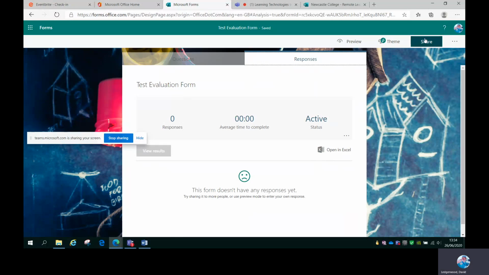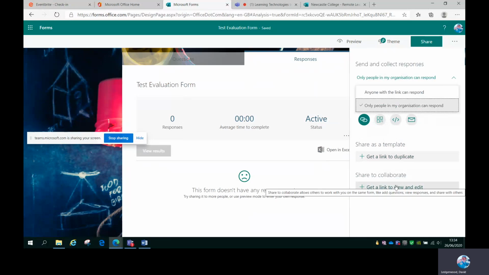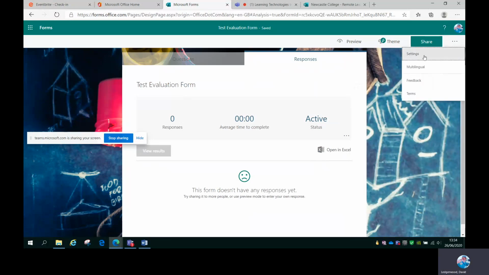You have the share button again up here. So again, this is determining who is going to be able to complete this survey: anyone with the link or only people in your organization. You also have the option to share the template with other people as a duplicate, or share the template in order to collaborate so other people can view and edit the document. And up here in settings,